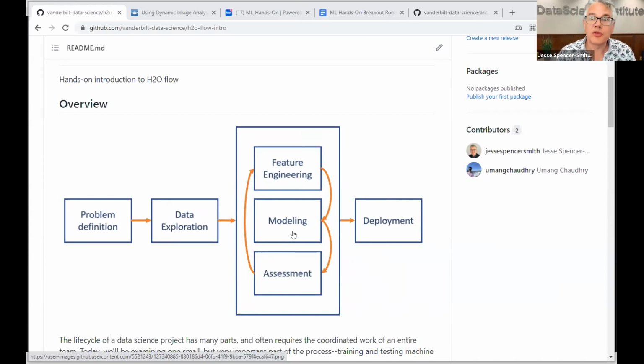Normally, when we start a data science project, what is a really good thing to do when you first start a data science project? Anybody remember from way back at the beginning of the summer? It's the first thing you do when you start an analytics or data science project.